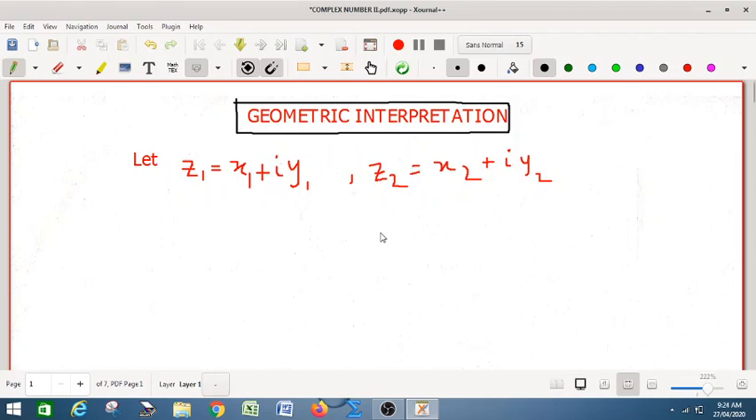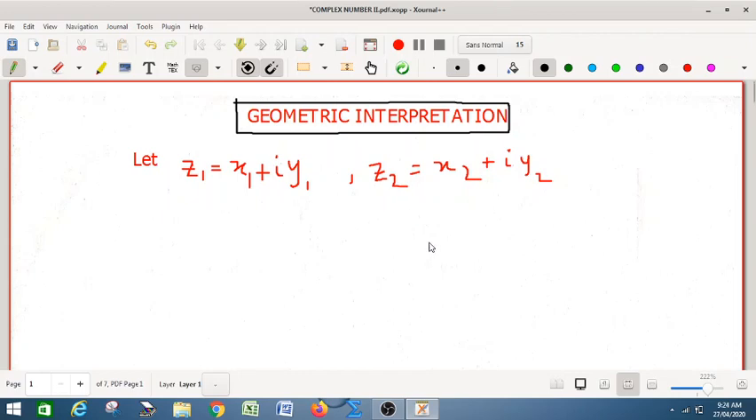Hello dear students, today is the second class of complex numbers. This is the second continuation class of your previous class. In the previous class we discussed the polar representation of a complex number. Today we also discuss some geometrical interpretation and very important concepts of complex numbers, mainly focusing on geometric